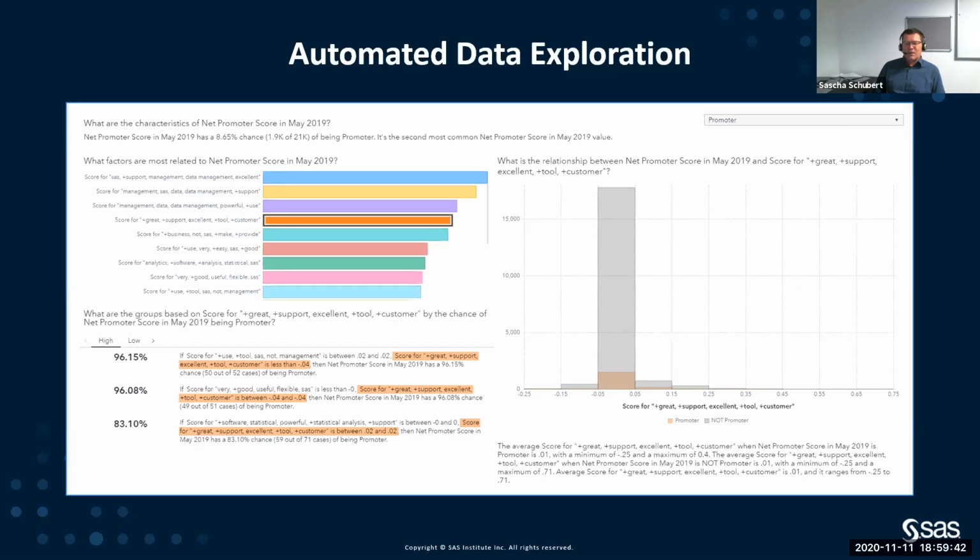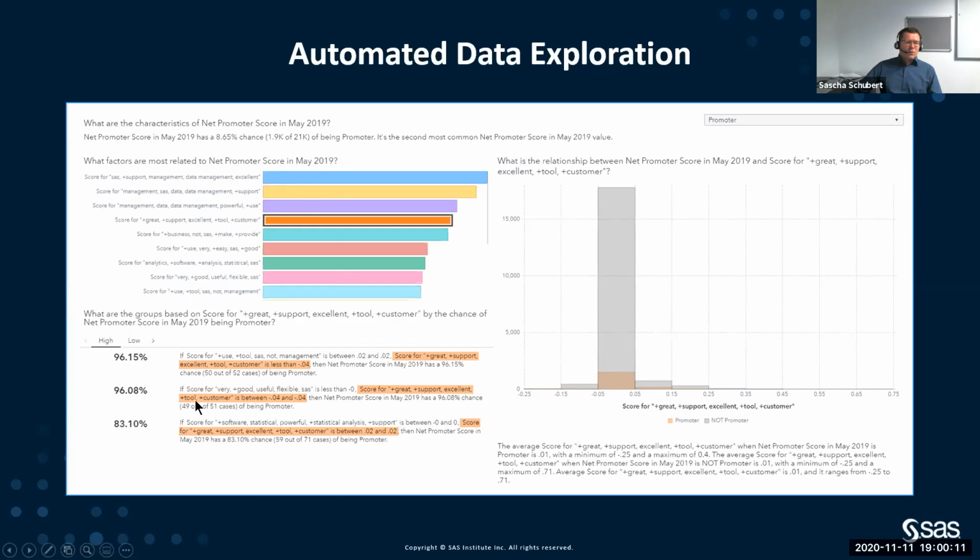You can click in here and identify for each input feature that is listed on the left-hand side with these colored bars what the relationship to the target is. They're also ranked by their potential, or their power, to predict. So the one at the top has the strongest relationship to the target.